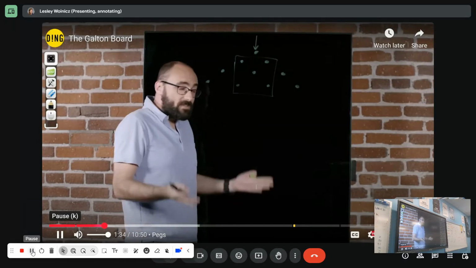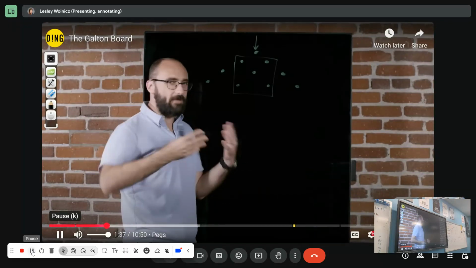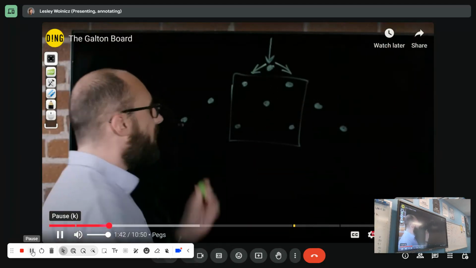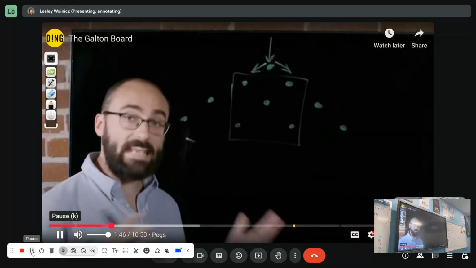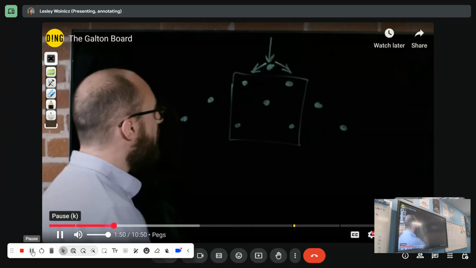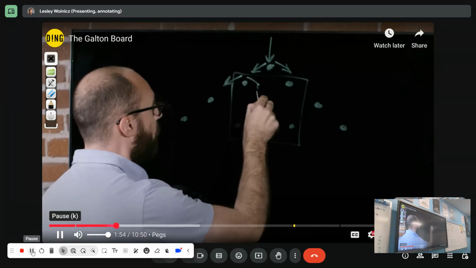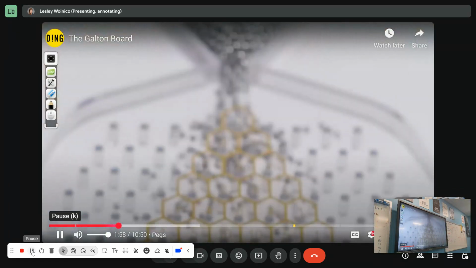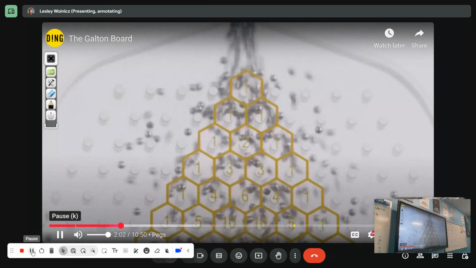And once they do that, they have a choice. Well, they don't really have a choice, but they will either go left or right. And because of the way the Galton board is designed, there's about a 50-50 chance that any given ball will go to the left or to the right. Once that's happened, they've reached the second row of pegs, where they will either go left or right, left or right. Now because at each peg, a left or right bounce is equally likely,